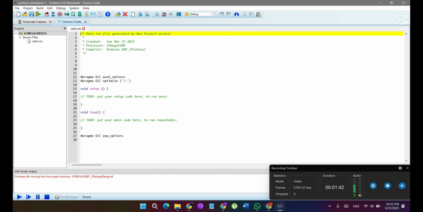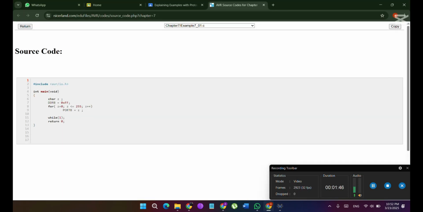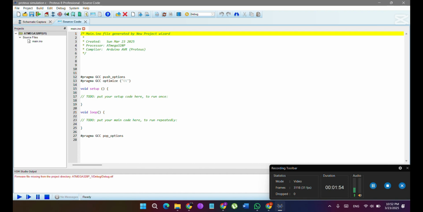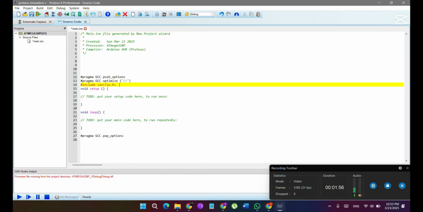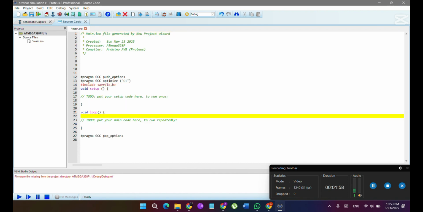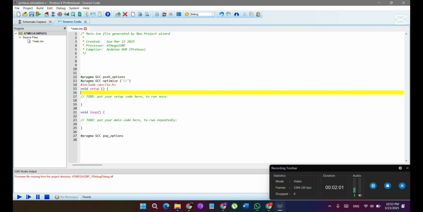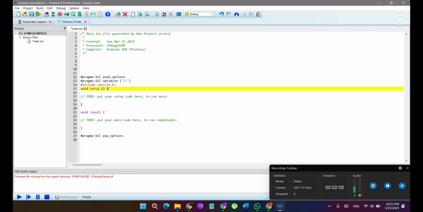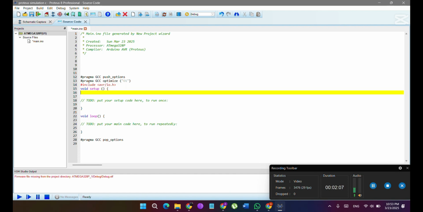Now here we are going to first of all copy the code given in the source code. First of all we are going to copy the header file, which is include AVR IO, and we are going to paste it in here. And now we are going to write here a loop, which is going to be void E6 underscore